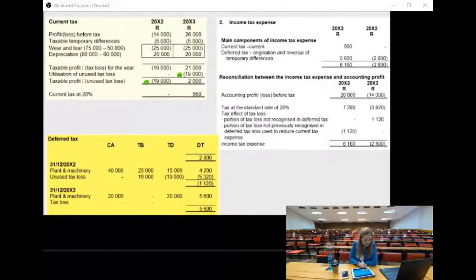But now in our previous example, this deferred tax calc that I have over here is actually example 13's deferred tax calc, where we were able to recognize the full unused tax loss. So in example 13, we had our tax loss over there, and we were able to recognize the full amount, and that gave us a deferred tax asset of 1120. Okay. Now what happens in this example, in class example 14, is,